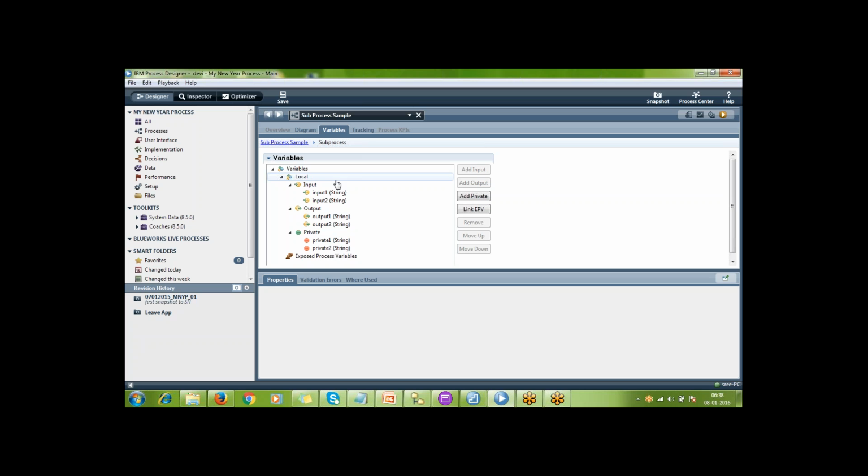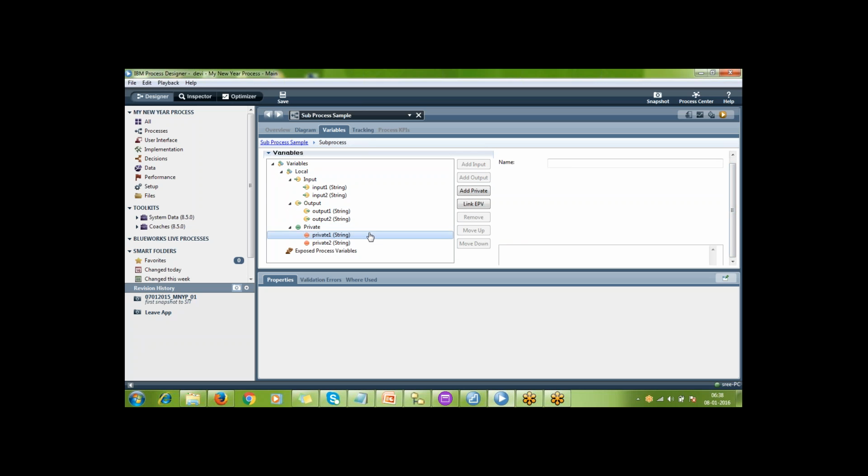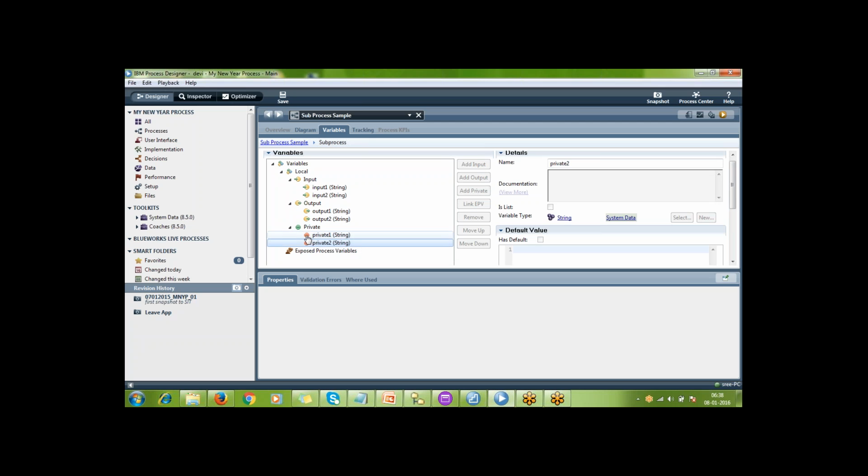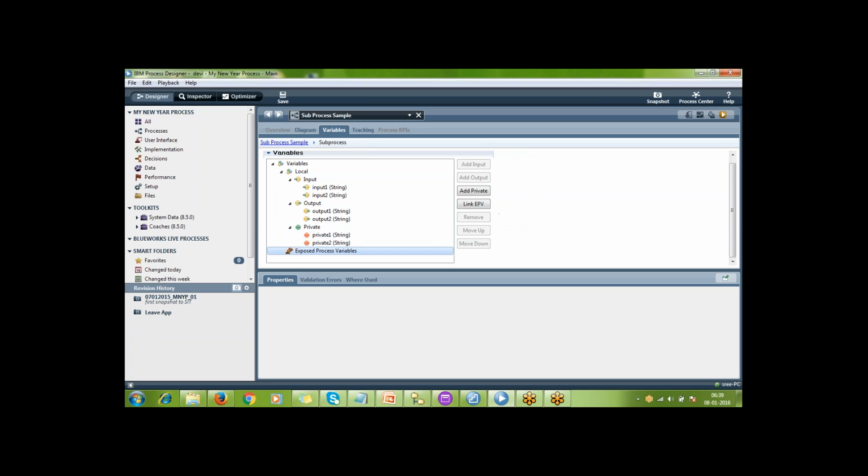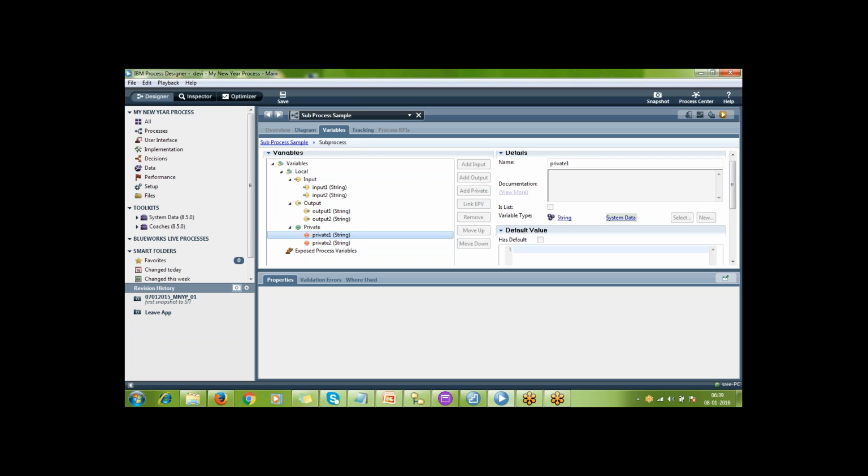See here, if I go inside the child process, I can see private one, private two, in red or orange color. These are the private variables I have created for the parent process, and those private variables are accessible to the child process.